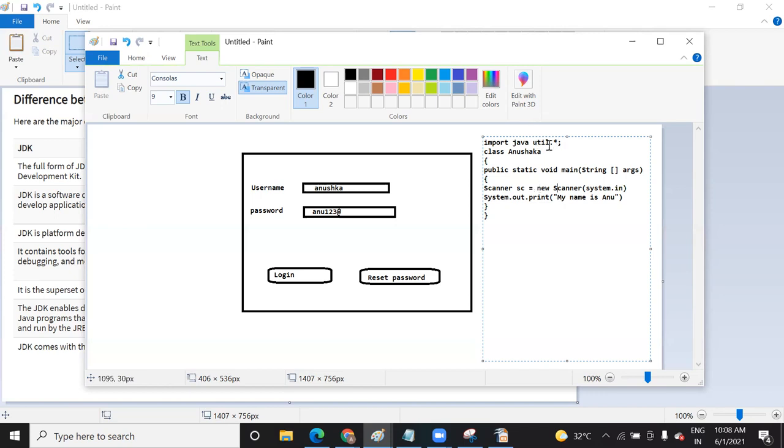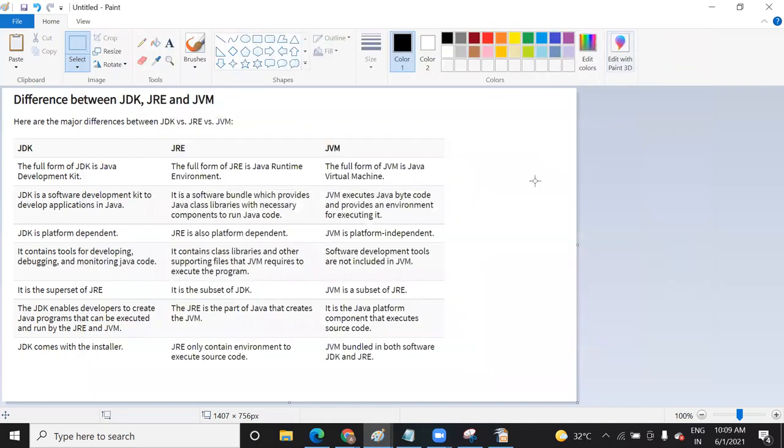That is why I said the JDK just gives you the setup file, and JRE will allow you to bind between the different instructions, so that when you compile this program at once, it will run successfully. There should be no error or warning of any kind. This binding is usually taken care of by your JRE, and JVM will be responsible for interpreting the code. First I have told you what JDK, JRE, and JVM are.